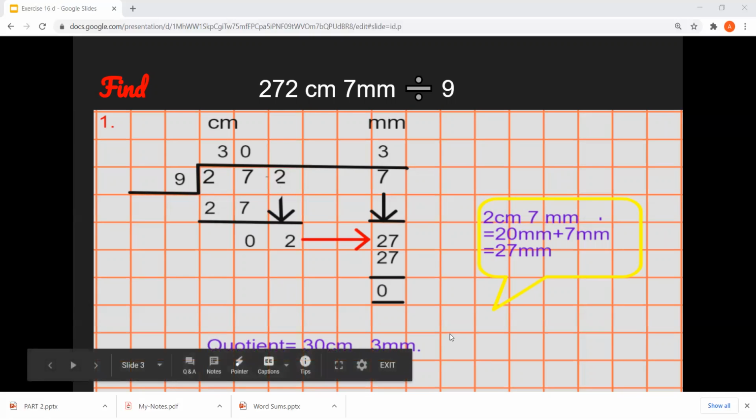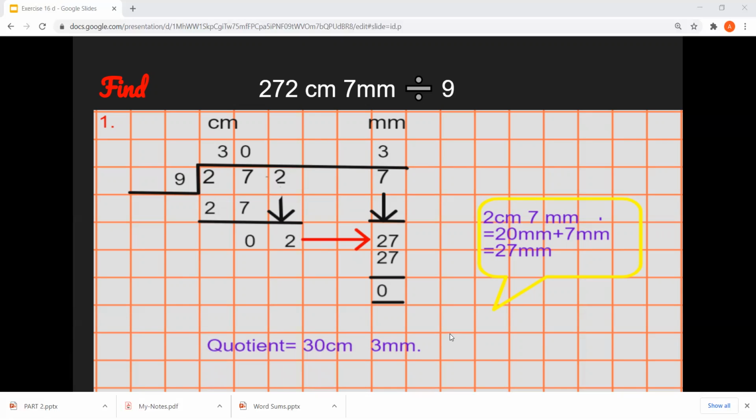I hope you understand how we convert the centimeters into millimeters, because in the table of the conversion we have learned that 1 centimeter is equal to 10 millimeters. So we will multiply the centimeters by 10 and we will get millimeters. Now the next example is: find